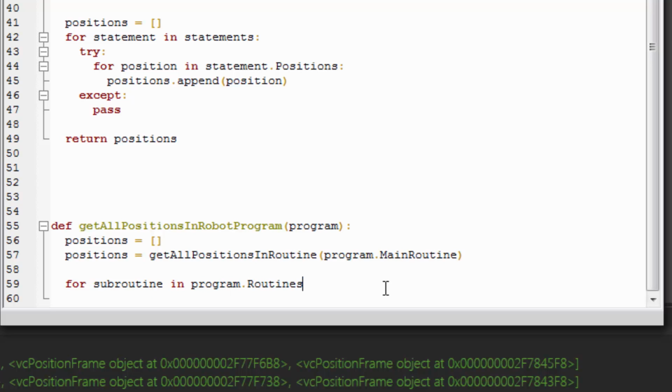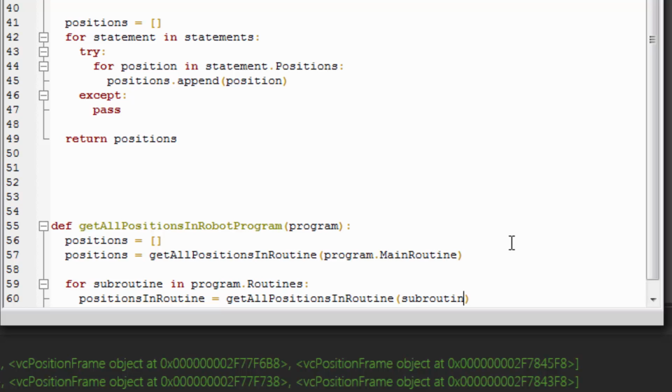So for subroutine in program dot routines, let's say positions, and at this point it's kind of how do you want your list to look like. So let's say positions in routine equals get all positions in routine,